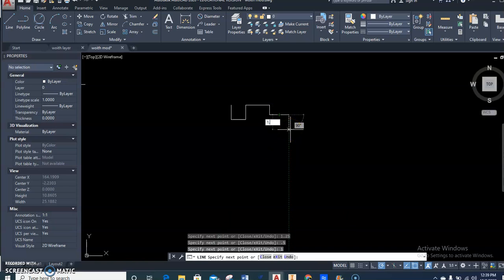Down 1.5. I will pause the video once I get this done and show measurements. That way you can see everything as it is. 1 over, down 1, left 1.5, up 0.75,